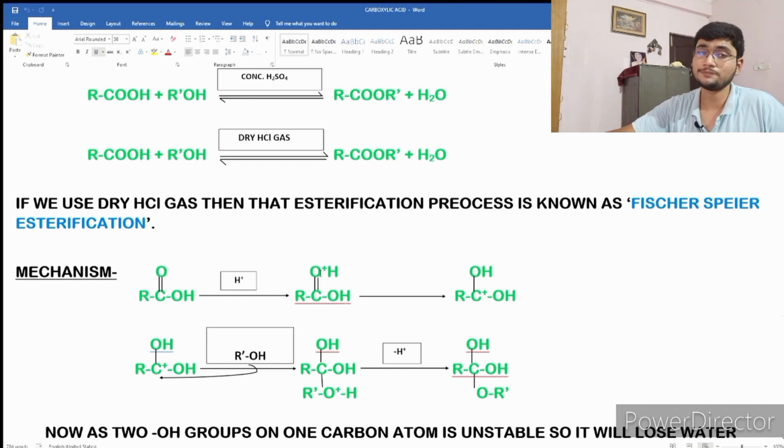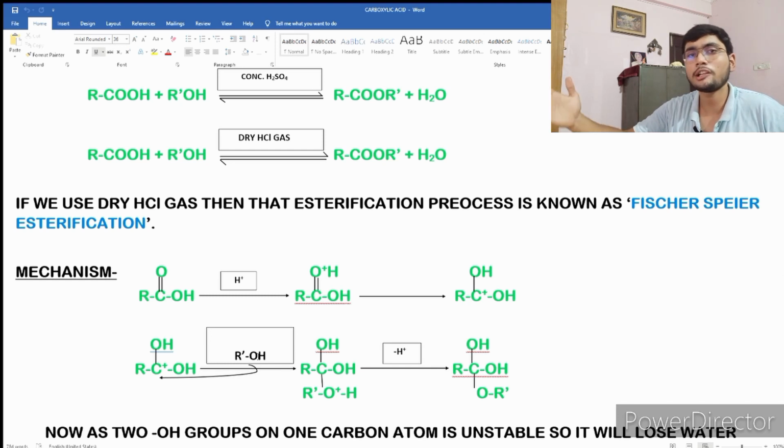Now because oxygen is electronegative in nature, the positive charge on it is unstable. So it will break the pi bond towards itself, and we will get this. Because the pi bond is broken towards the oxygen, carbon will get a positive charge. Now comes the alcohol, and the alcohol oxygen has a lone pair, so this oxygen will donate the lone pair to this carbon atom, because the carbon atom is electron deficient. So what we will get here is this. You see, the oxygen has a positive charge because oxygen has given a lone pair. Again, because oxygen is electronegative in nature, the positive charge on it is unstable.